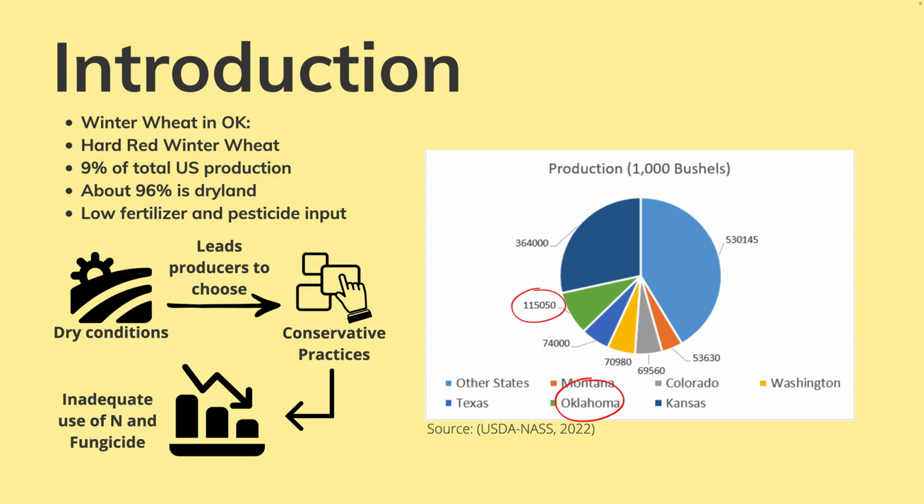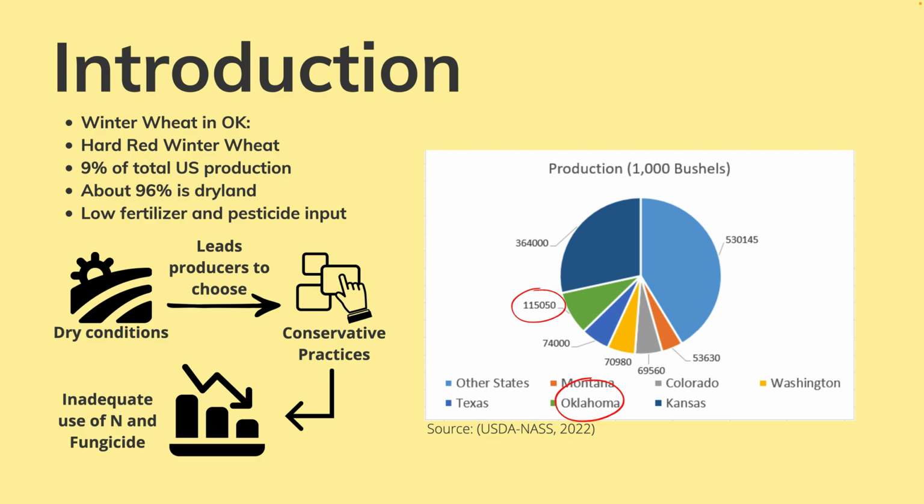Then the state of Oklahoma in the year 2021 was responsible for 9% of the total U.S. production of wheat. In this graph, you can see Oklahoma is in green, and it's the second state, just behind Kansas, that produces the most wheat in the U.S. About 96% of the winter wheat produced here is dryland,